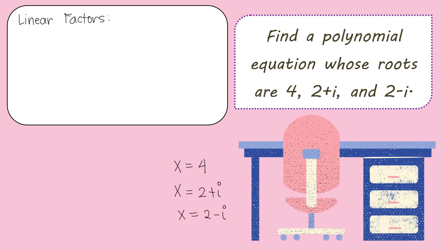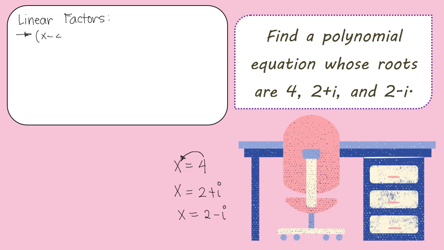Now, our shortcut for us to be able to make linear factors out of these given roots: you just simply return the terms at the right side of the equation back together with our variable x, and of course the opposite sign of the given expression. So if it's positive 4, therefore we will have